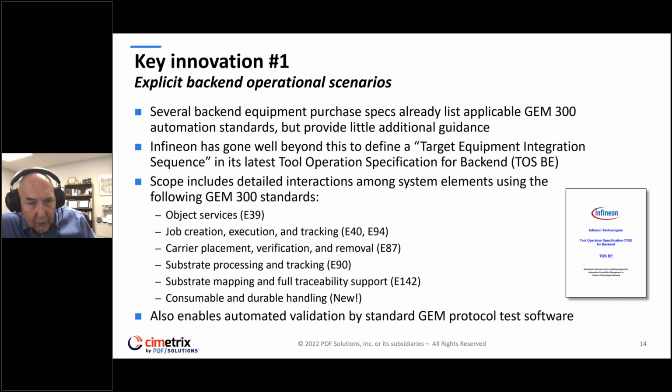in an automated system. And so rather than just listing, hey, please support the GEM 300 messages, they go beyond that set of requirements and say, let's actually go through a sequence of events and a sequence of message interactions between the components of the system that makes it clear exactly which messages are necessary to achieve this level of full automation. Infineon have called this their target equipment integration sequence, and it is explicitly